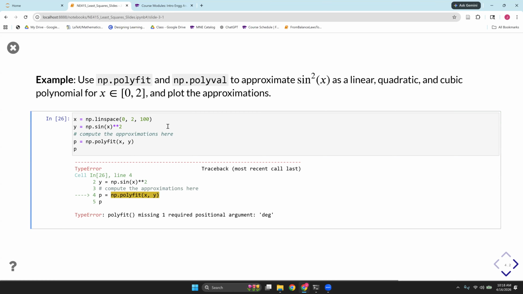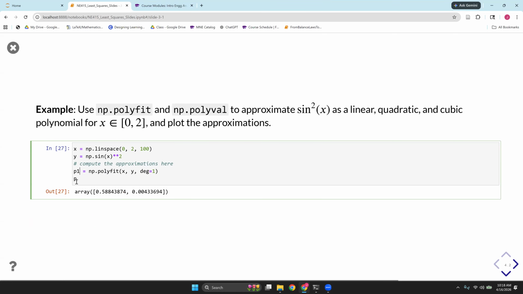And then if I take a look at what degree equal 1, so P1 would be my values, okay? Now, it's not necessarily clear which coefficient is which. I know for a linear ax plus b, I have 2. I don't remember how polyfit returns those coefficients. So what could I do? What's that? You read the documentation, exactly. So np.polyfit,